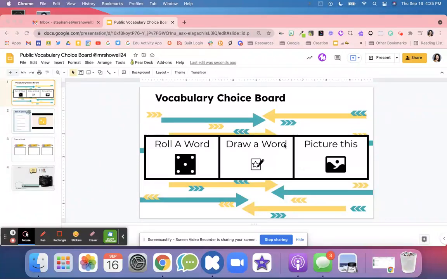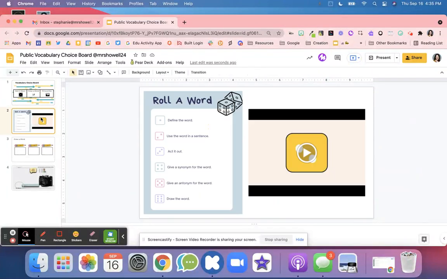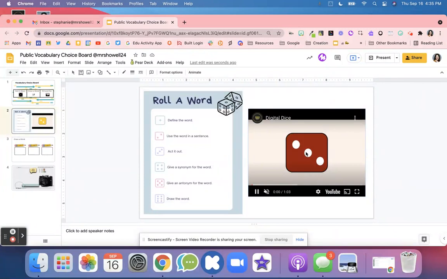Right here, we have a vocabulary choice board. And so there's 3 different activities students could choose from, and each of the noun project images will link directly to that slide. So roll a word, draw a word, or picture this. This first one is students will roll a word. So they have the dice over here, and they will hit play once they go into present mode, and then